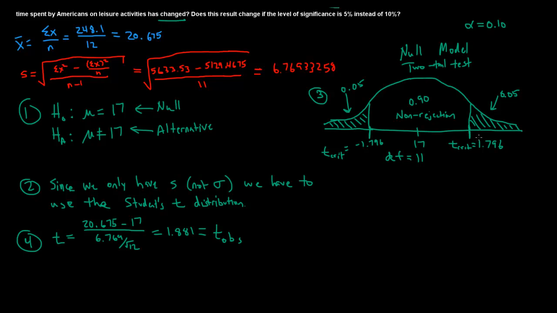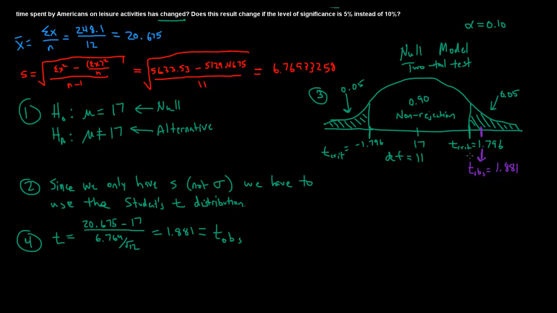So a t-value of 1.881 falls to the right. So I'll label it there. That is t equals 1.881. Oh, that is t. Let me fix that. T observed equals